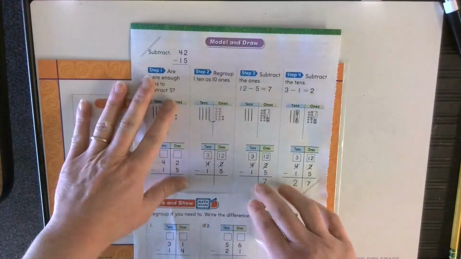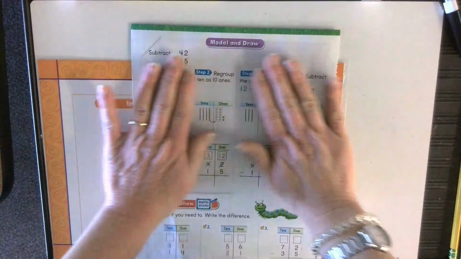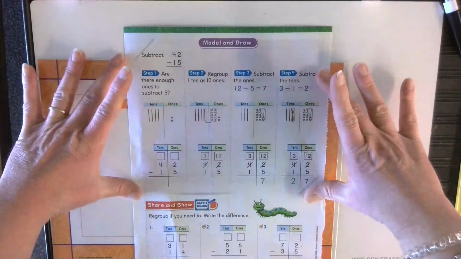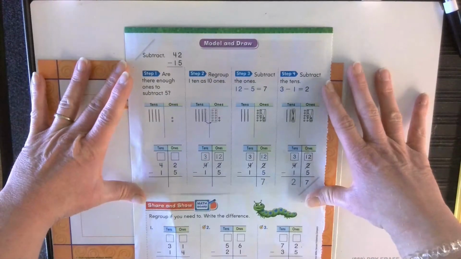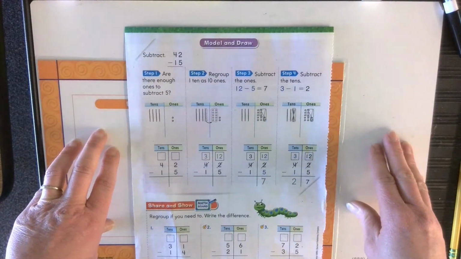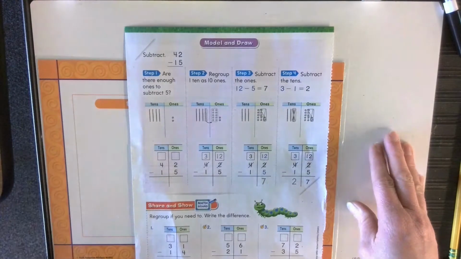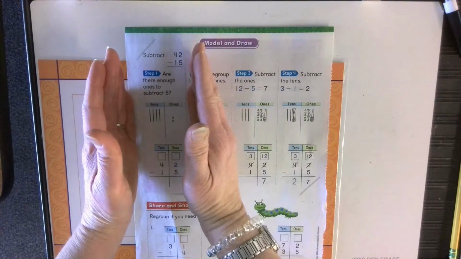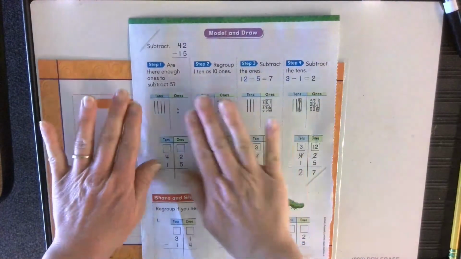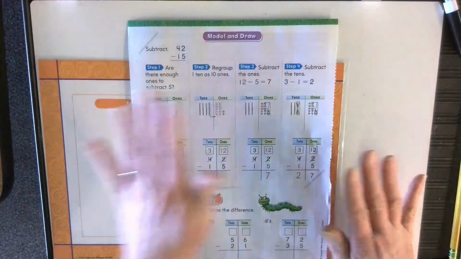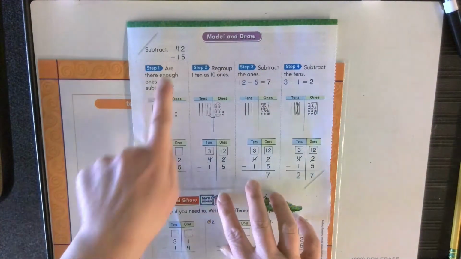But before we cut this up, I really want to go over the model and draw again, because I know looking at this whole thing, it looks kind of scary and it doesn't look like it makes a lot of sense. So what we're going to do is look at this step by step. You'll notice that there's step 1, step 2, step 3, and step 4. Okay. First off,